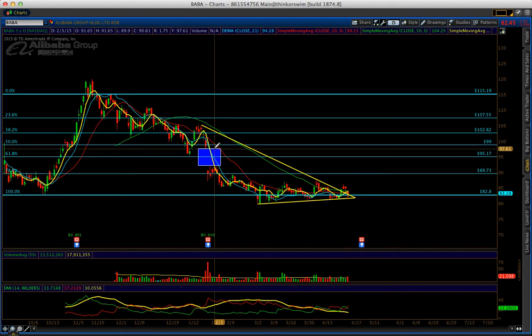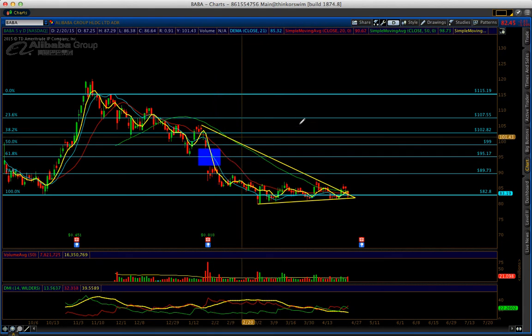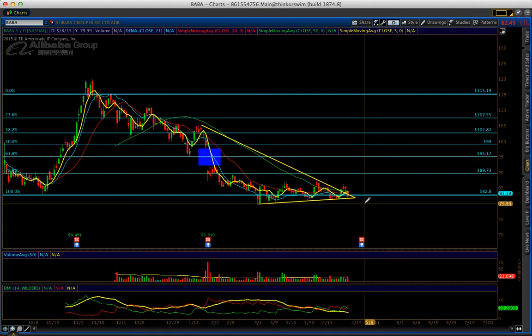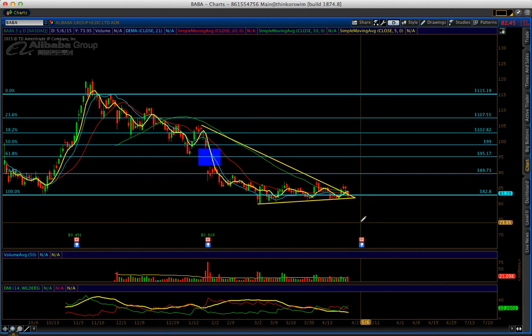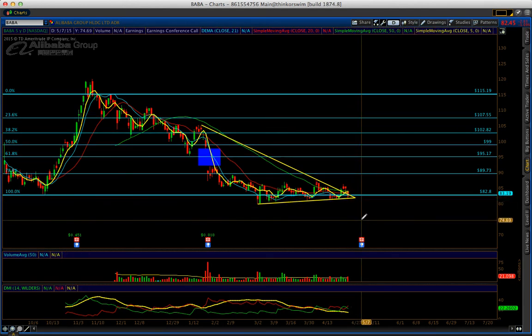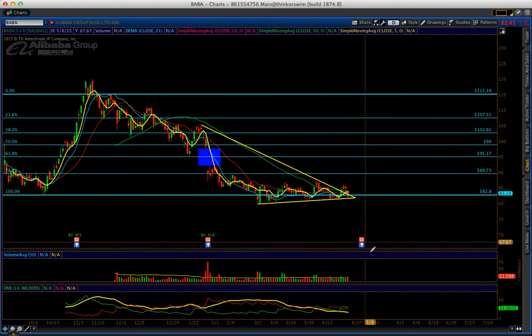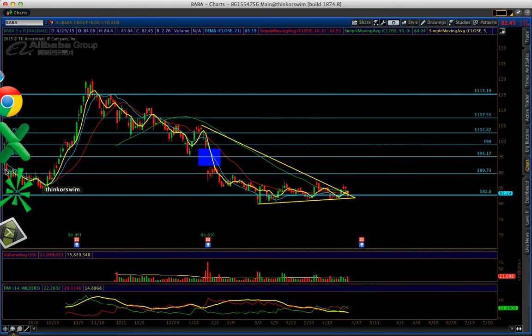You're probably going to close this gap at 98, and that will take us back to even. But if the report is flat or the revenue comes short, for sure it's going to go to the 75 area. So let's just wait for the earnings report. There's no rush to sell those calls because now they're very cheap.